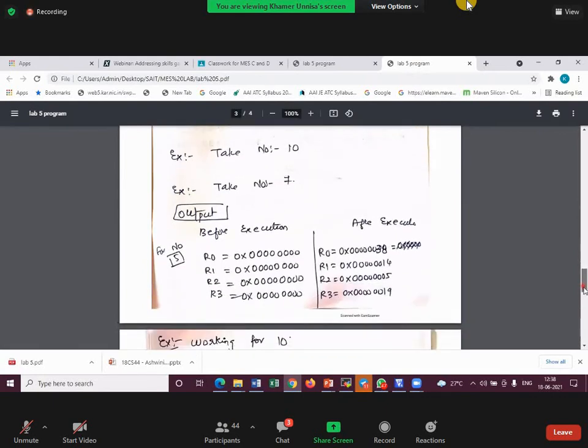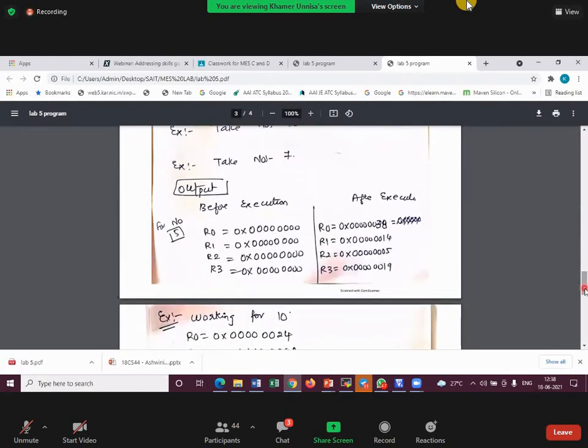Now how you should write the output is the major concern for me. In Lab 4, I did not show you how to write the output. Let me see how you will write. You should not show me multiple answers. Output is what you get at the end. In this particular program, I am just having R0, R1, R2, R3 as my 4 registers, correct? I am only using these 4 registers. So before execution, all these registers are holding 0 values.